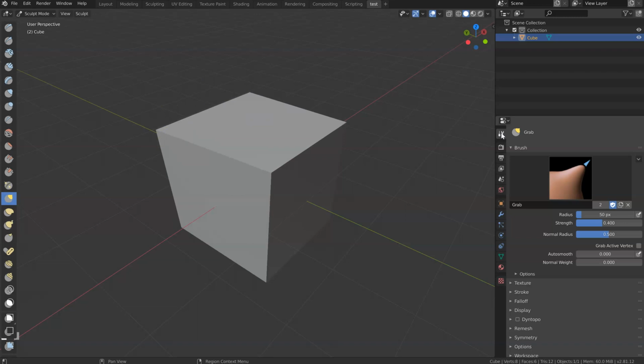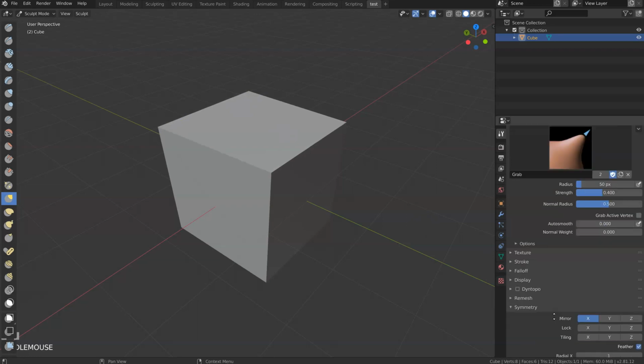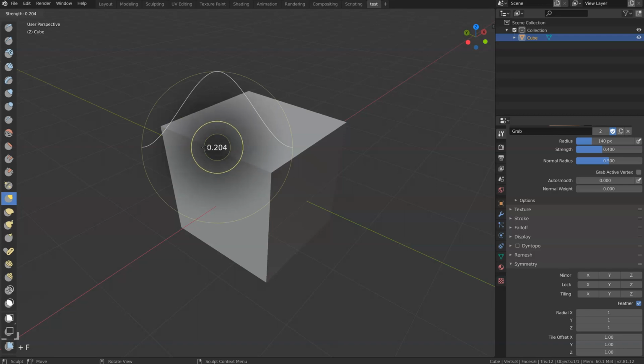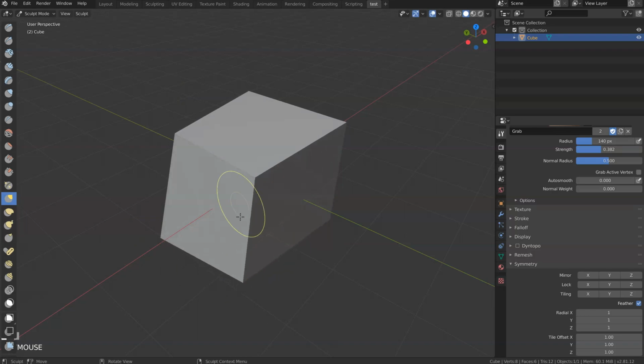And as you can see, this is the tool tab, and in the tool tab you will have all the possibilities, and right now I have the symmetrize. So if I get rid of the symmetrize, the mirror X, I will just move this one. Okay? So F to change the size, and Shift F to change the power. So like that you can draw and modify your object pretty fast.